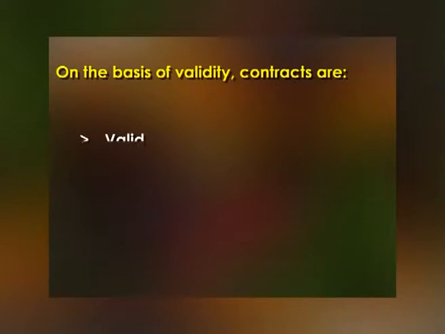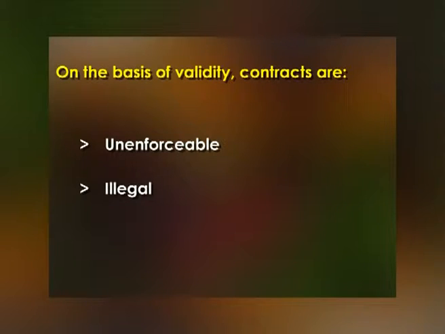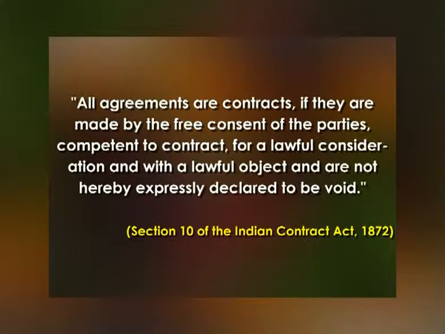On the basis of validity, contracts may be classified as 1. Valid contract, 2. Void contract, 3. Voidable contract, 4. Unenforceable contract, and 5. Illegal contract. According to Section 10 of the Indian Contract Act 1872, all agreements are contracts if they are made